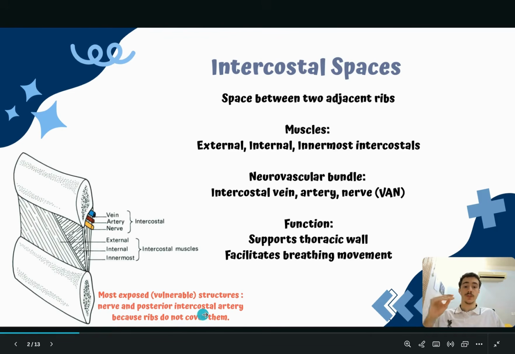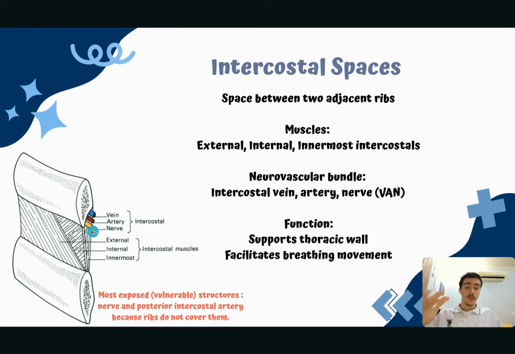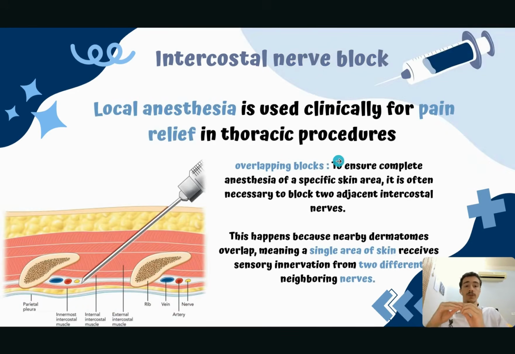and the posterior intercostal artery. As you can see here, the rib itself does not cover all of the nerve, so it's going to be the most exposed. Now we're going to talk about the intercostal nerve block, which is caused by local anesthesia, used clinically for pain relief in thoracic procedures. If we have a surgery and we need to numb this area, we're going to use local anesthesia and